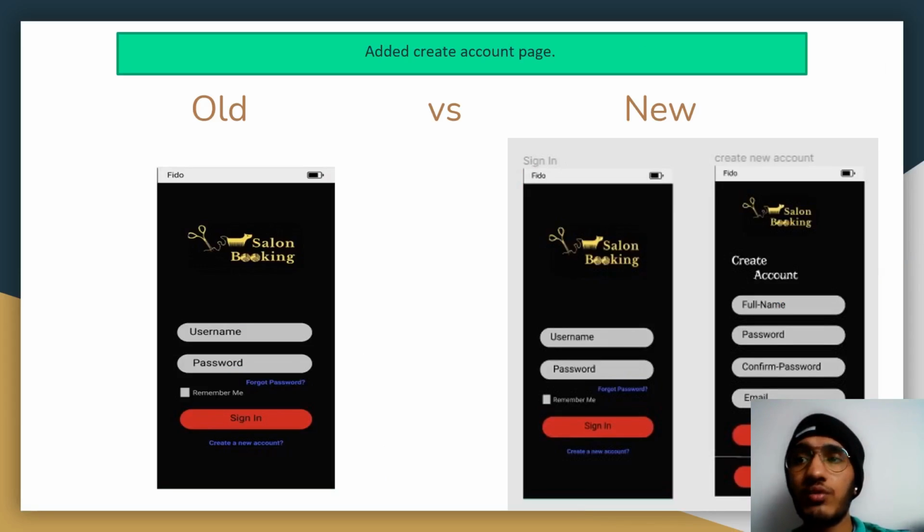Users also gave a review that there should be a frame which comes when we press create a new account. When the user presses this button, this frame will open and they can enter their personal details and create an account, and when they press this button it comes back to this page.